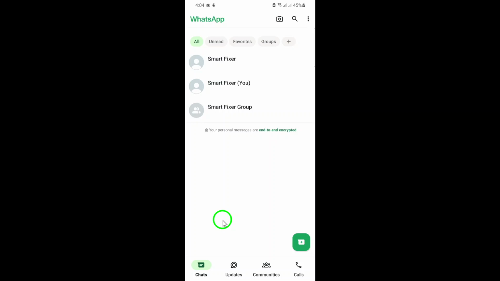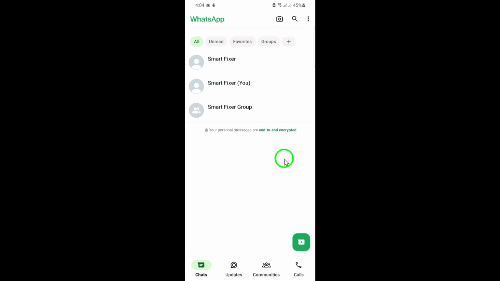But where do you find your favorites list? WhatsApp has made it super easy to access. To find your favorite chats, simply scroll to the top of your chats list, where you'll see all your favorite contacts and groups conveniently listed. Alternatively, in some versions, you can find a favorites filter within the Chats tab, allowing you to view only your